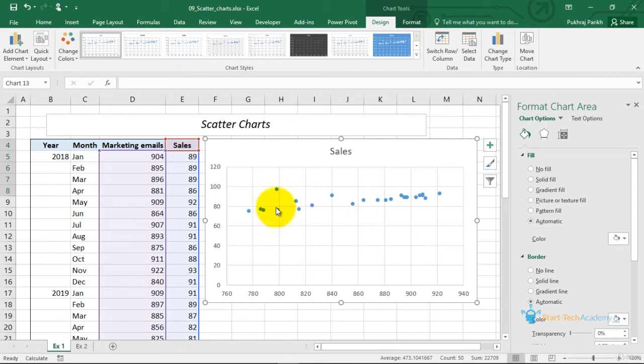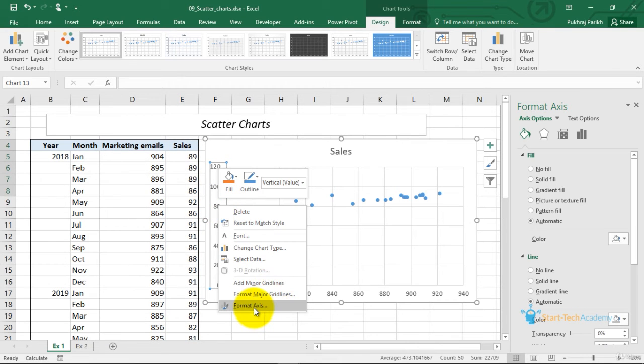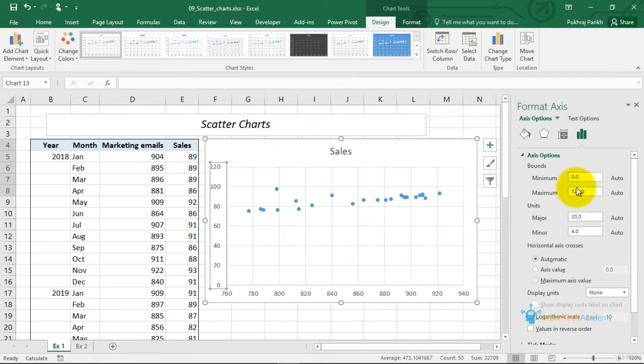It is looking a little bit different than the previous one. The reason is that in the previous scatter plot, I was showing you the y-axis starting from a value of 75. Here it is starting from 0. If your aim is to show the absolute values, it is better to start from 0. If your aim is to show the relationship between two variables, you can start with a different value such as 75. How to change the value? You select the y-axis labels, choose the format axis option, and you change the bounds from 0 to 75.